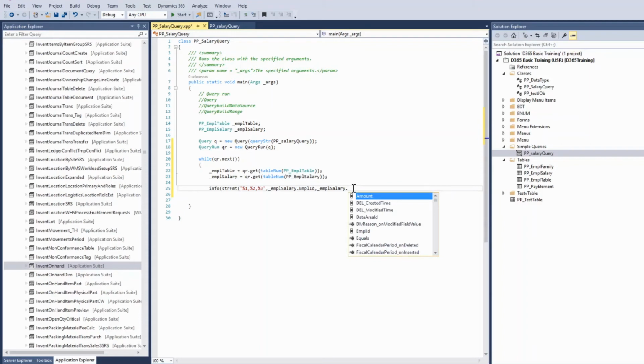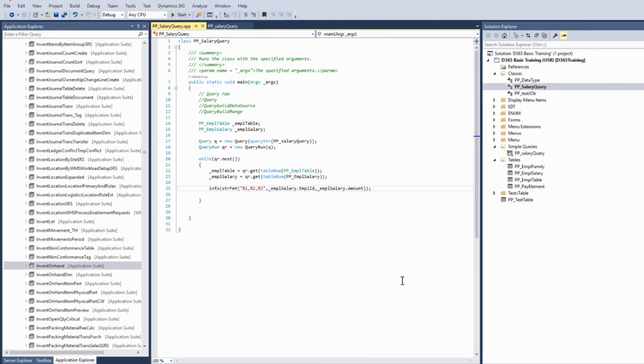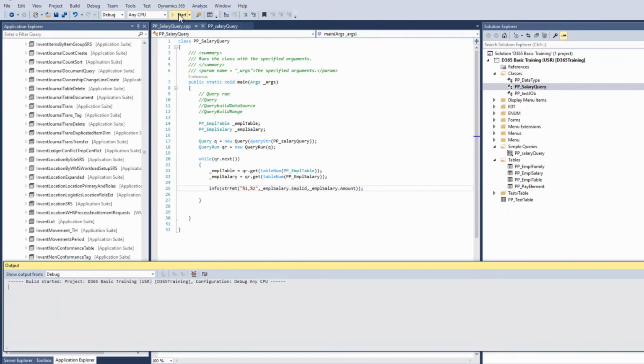So I have to print. I will run this now. We need to print only 2, so I will remove this. We want to print only 2 variables, so no need of %3. I will start this.